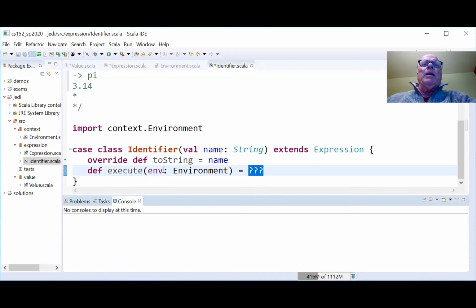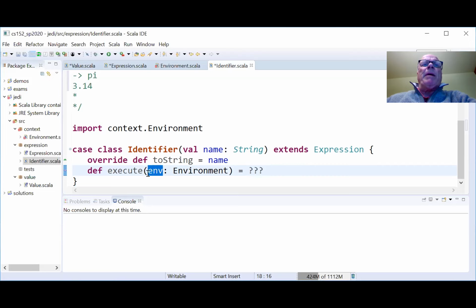Okay, remember env is a hash map, and it's going to have in it the identifier pi. Remember how you get the value from a hash map? You can call it like a function. And what's the identifier? Well, this is the identifier.